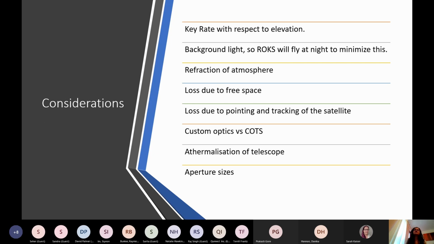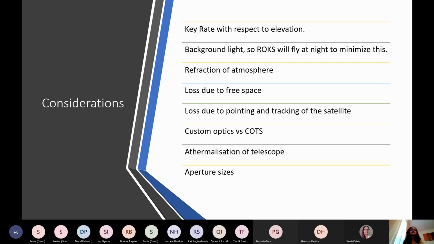Next, if you're doing a small satellite versus a big satellite: if you have a big satellite, you have a lot of money, and you have money for custom optics. So you can design optics exactly how you want. You can make sure that the noise is minimized. You can make sure that you have as big an aperture as you require. But if you're trying to minimize costs, like startups like us are doing, we have to rely on a lot of commercial off-the-shelf components, so industrial components which we can just buy from an online store somewhere.